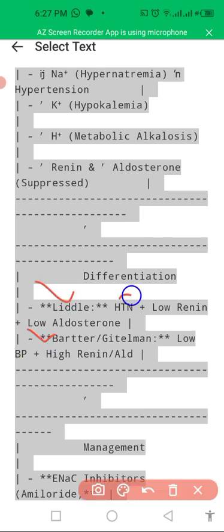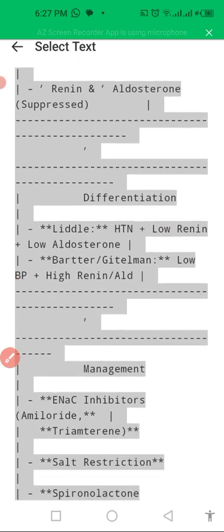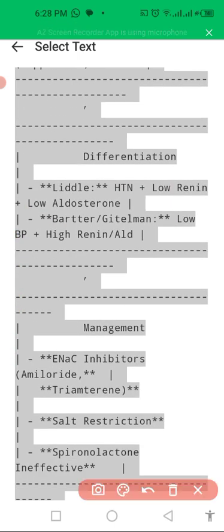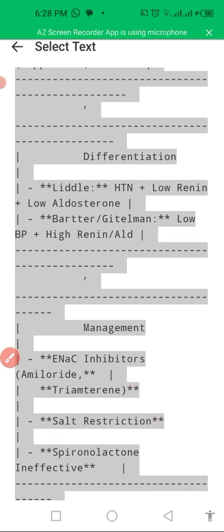In Liddle syndrome, there is hypertension and low renin levels, while in Bartter syndrome and Gitelman syndrome, there is low BP with high renin and aldosterone levels. So management will be, as there is excessive sodium, we will restrict the salt, and triamterene will be given to the patient, while spironolactone is ineffective in these patients. So in this way